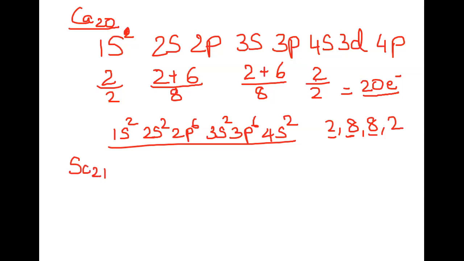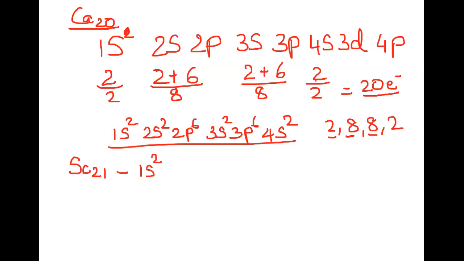So its electronic configuration, normally what happens is, in short, if you have to write, then in some books you will find it is written KL, and after that the electronic configuration is written. So K stands for 1s2, L stands for 2s2, 2p6. That means the first shell and the second shell are completely filled. However, let me write the entire thing for you here.